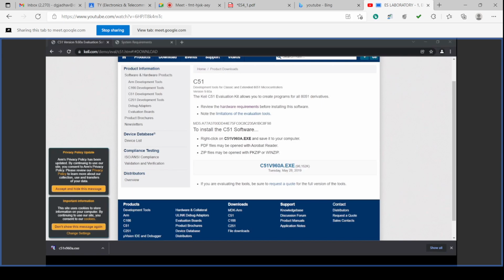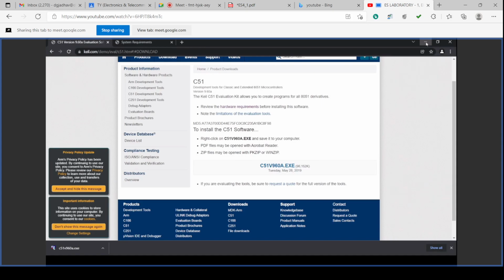Okay, so in C51 many other files are there. In that examples folder is also there, and many examples are available. Okay, so this is about the installation, and after installation you will have this particular shortcut on the desktop, and you can double click it so that it will be launched.